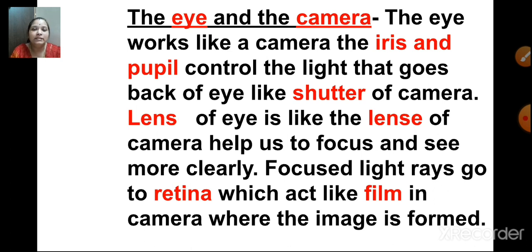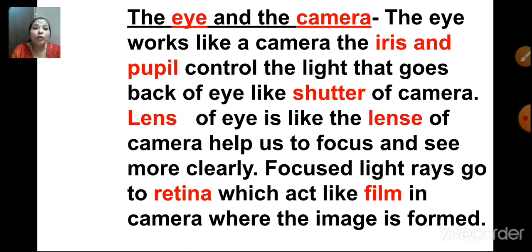Now again, the lens. The lens is used to focus the image. In the same way, in the camera, the lens is used to focus the image, and the eye also has a lens which it uses to focus the image. Now the image is formed on the retina. The retina has special cells which are sensitive to light, which are known as photoreceptors. They convert the image formed into signals, and the signals are taken by the optic nerves to the brain. In this way, our eyes work.